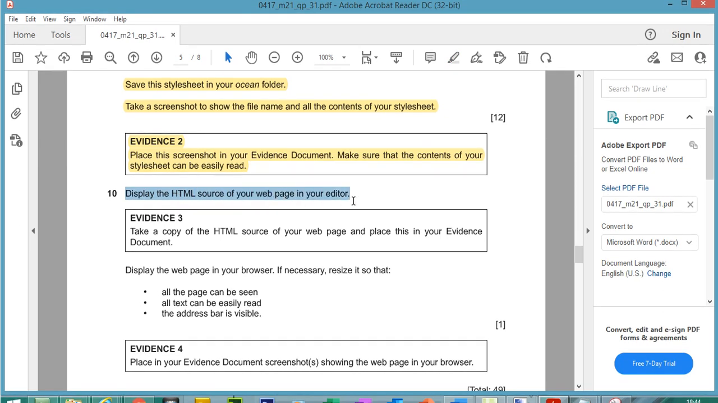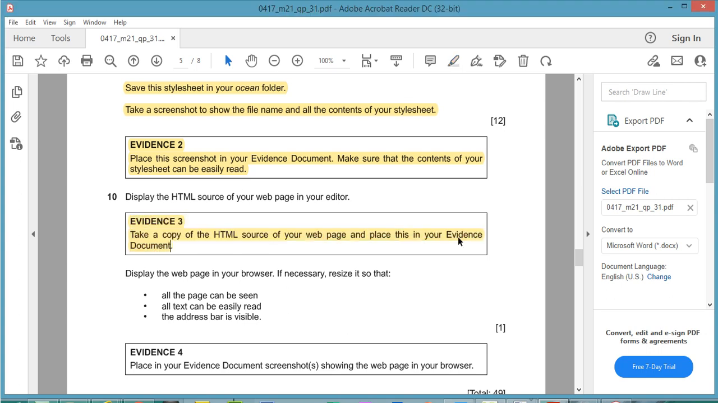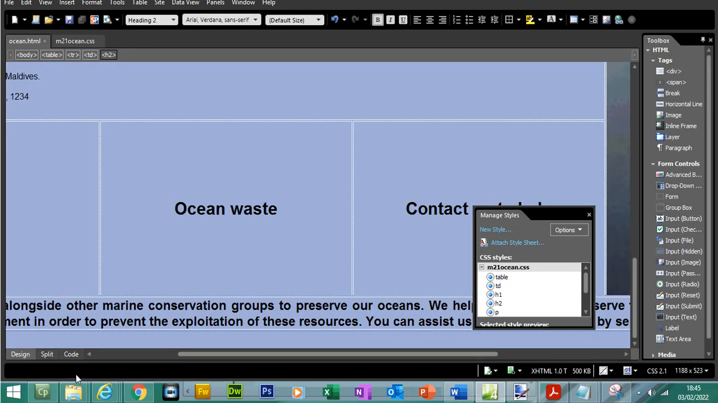Display the HTML source on your web page in editor. Take a copy of the HTML source of your web page and place this into your evidence document. So this is the most important part. So we go to the code view,